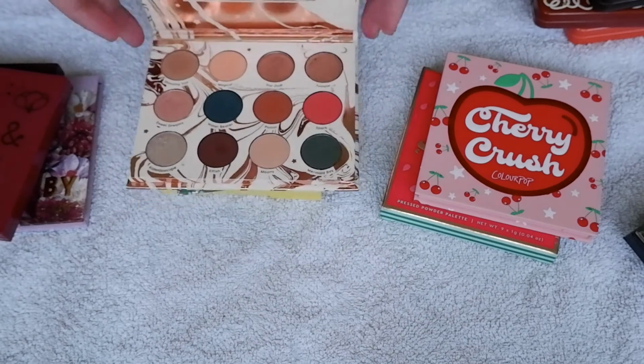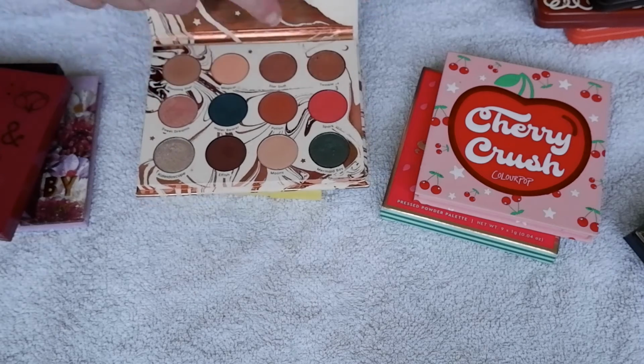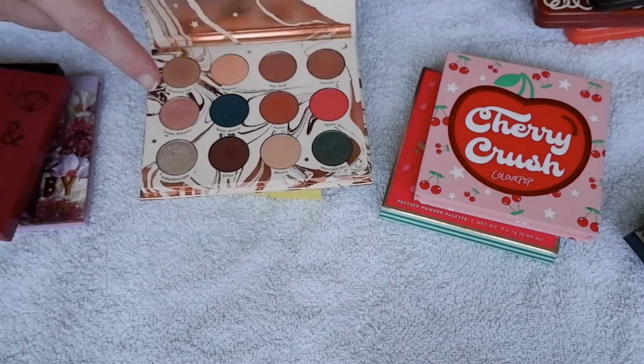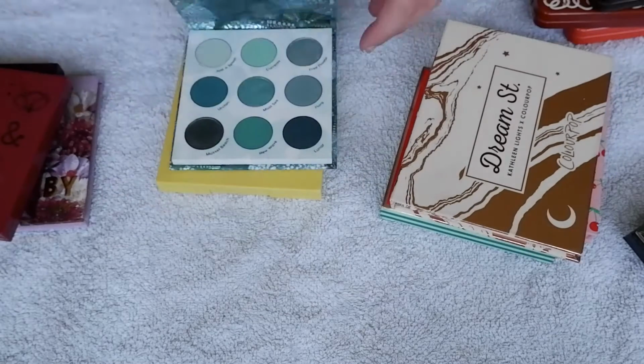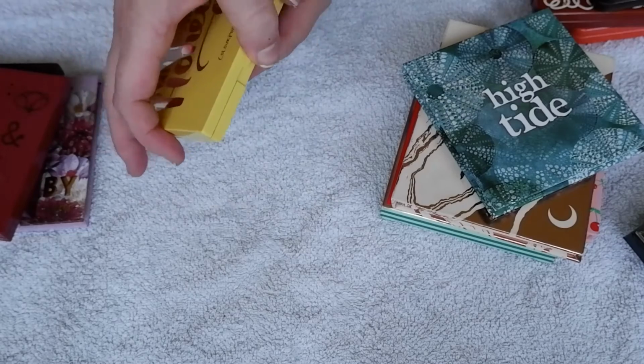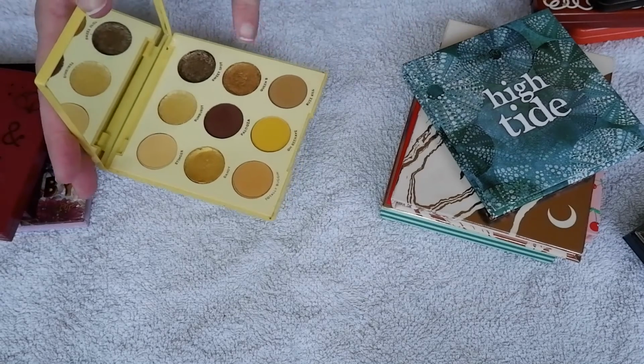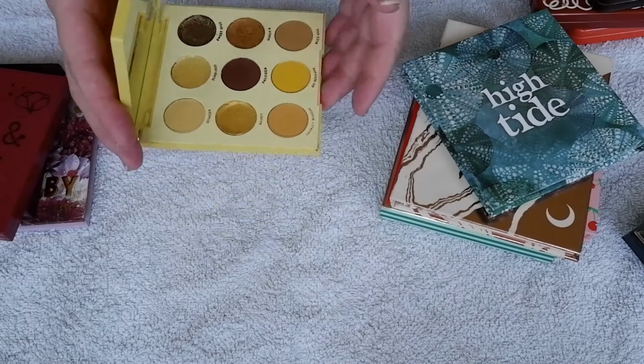Then in the Dream Street, I want to keep the teal and that shimmer, but I'm going to take out all of the warm tone neutrals and the peachy shades, and I'm going to stick my High Tide shades in there. And then I'm going to take my shades from the Uh Huh Honey, because this no longer closes, and I'm going to take these shades and put them in the High Tide,